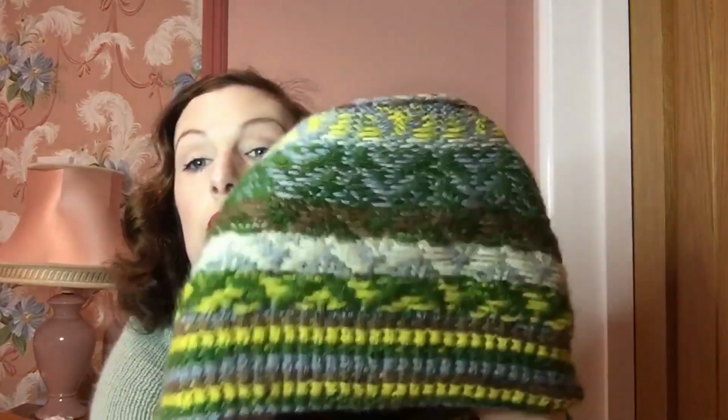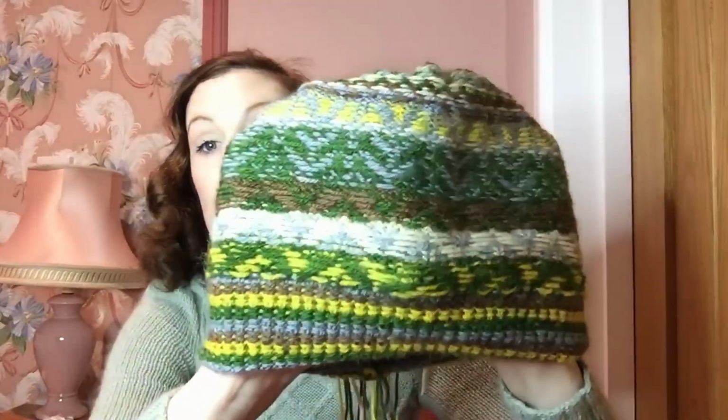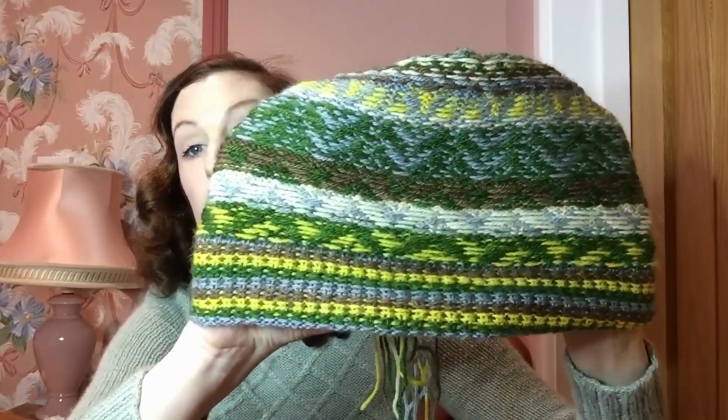I'll take this off because it's so hot. Whew. So it's made from British wool, so it is a really warm hat as well as my cashmere jumper. But if you look at the inside, it is just as beautiful as the outside, and that is all down to Susan clever teaching us how to cut in those floats beautifully. So the first day was a full day of workshop,